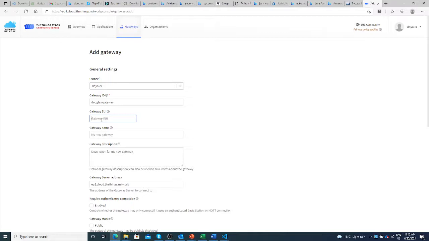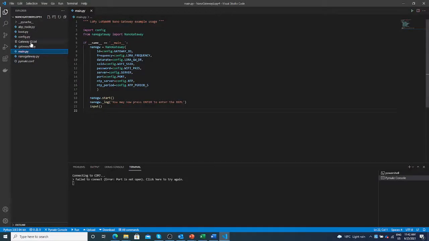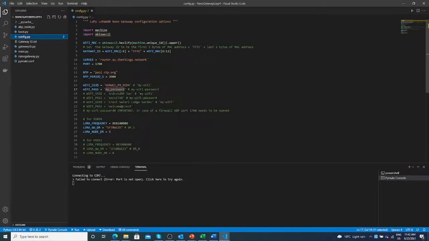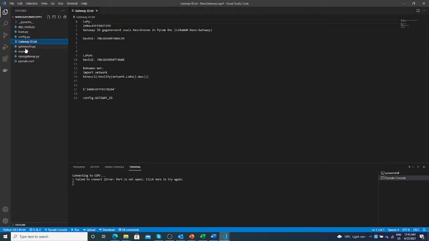Here we need to provide a gateway EUI. Remember, I demonstrated to you how to extract that, and I also showed you that in the config.py file, lines 6, 7, and 8 have a script for extracting that unique ID. So that line is already embedded. As opposed, you can choose to run it separately, which is by using the gateway ID. If you run this, it will give you that. But we don't have to repeat that process. We can simply